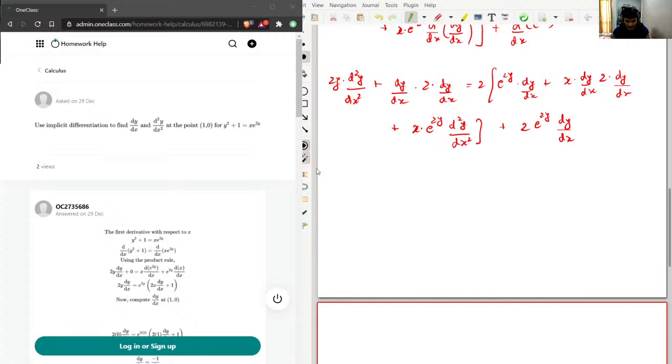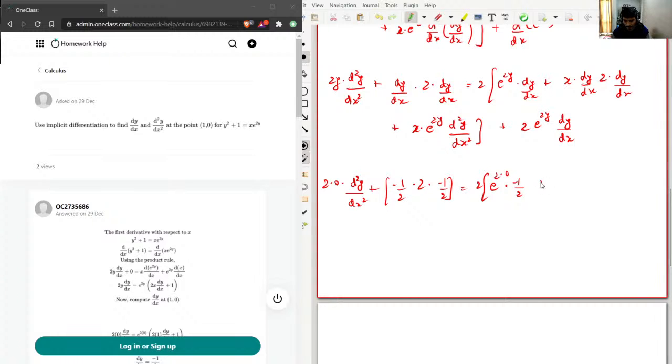So this will become 2 times 0 times d square y by dx square plus minus 1 over 2 into 2 into minus 1 over 2, 2 times e power 2 into 0, and this was minus 1 over 2, plus x was 1, this was minus 1 over 2, and this was 2, and this was again minus 1 over 2, then plus 1 e power